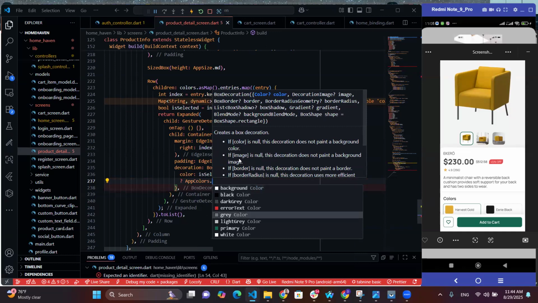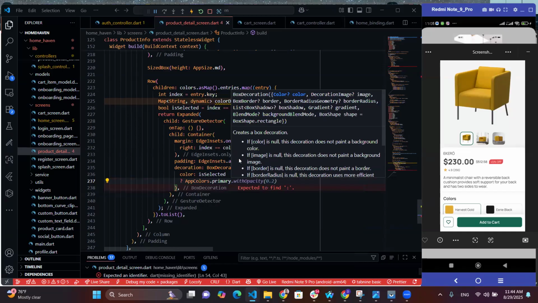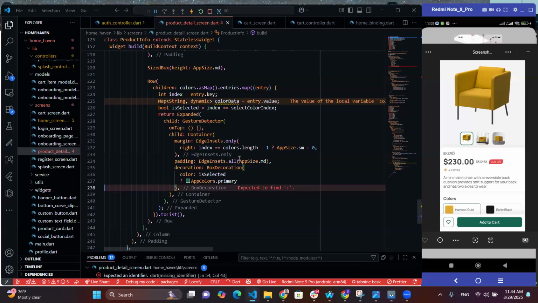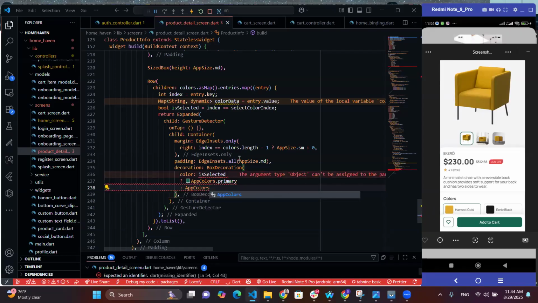Let me just give it primary first, and then or color dot black. Black or white. Let's do app colors dot. Make it white first. Then, of course, we can always make adjustments. Okay, so since we have that,